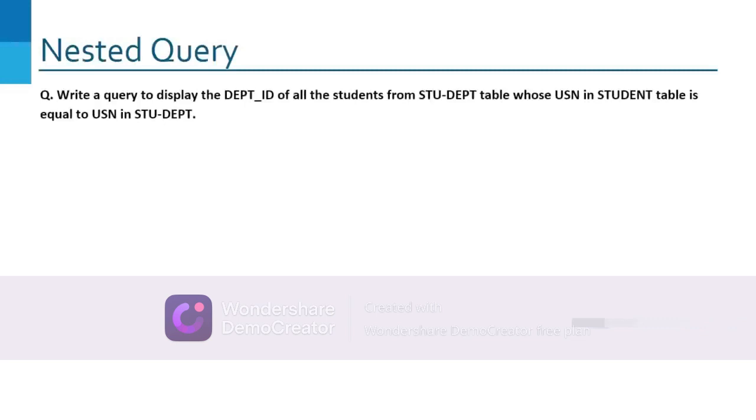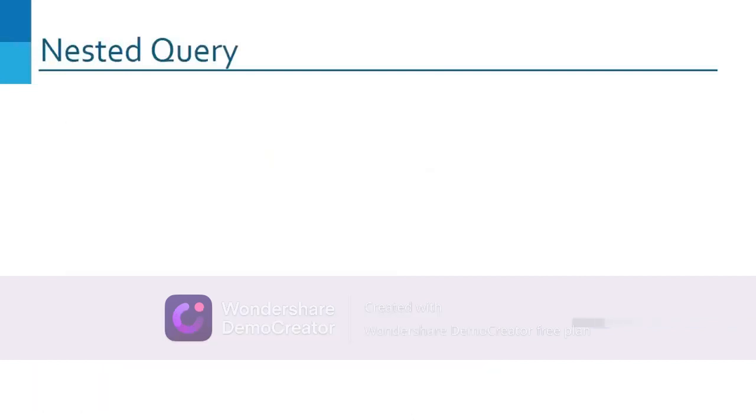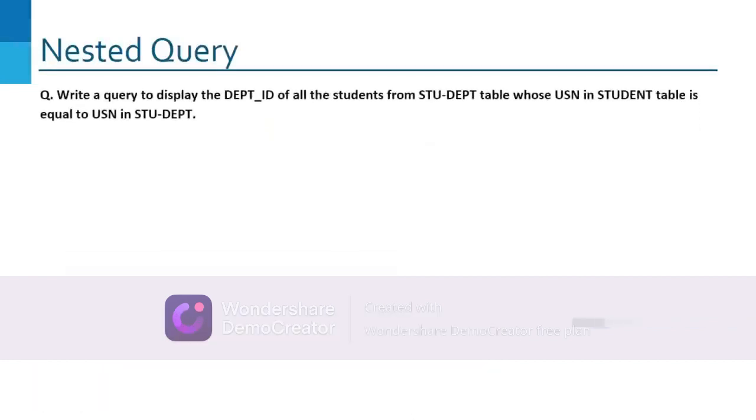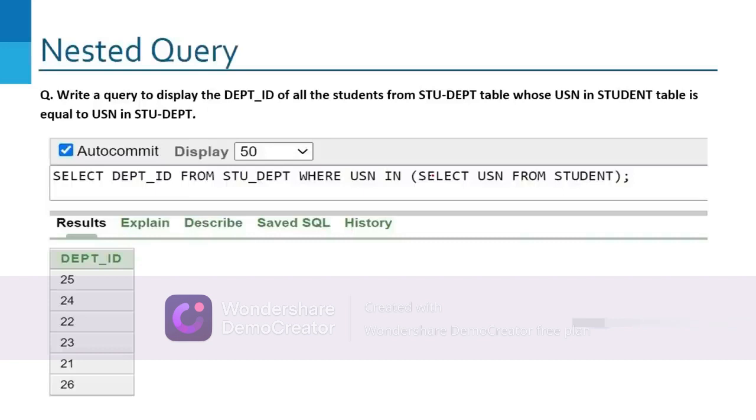Write a query to display the department ID of all the students from the student department table whose USN in the student table is equal to the USN in student department. USN in the student table is the earlier table. Student department is this table. Okay. So what is the question here? The question is, write a query to display the department ID of all the students from the student department table. Now understand, select department ID from student department because that is what I need to see